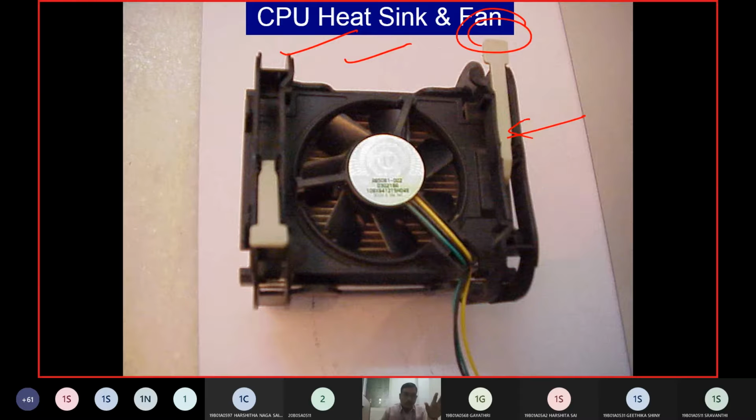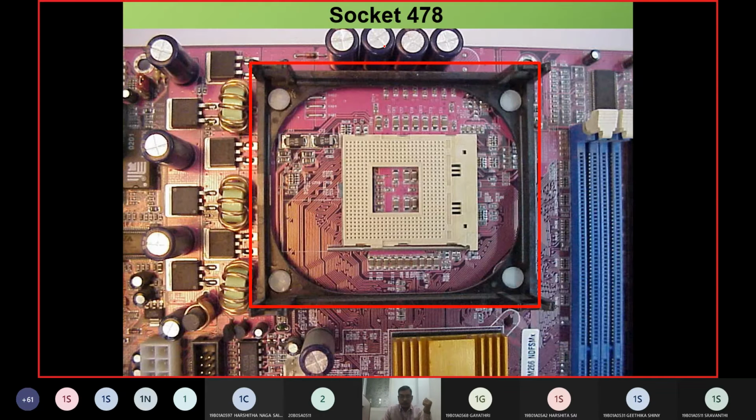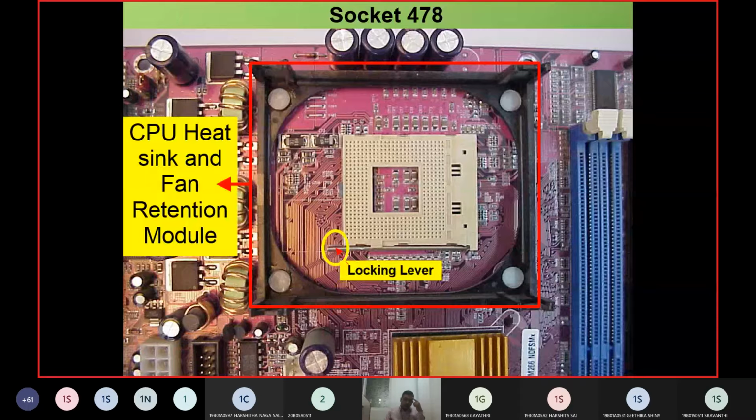Every CPU has to be cooled because it is getting some voltage supply, and that voltage supply was very high, so that it should be neutralized. So we do have this CPU heatsink fan. On the motherboard, we were talking about the position where we are going to insert the microprocessor, the central processing unit. After that, we are going to create a locking mechanism, and above this, we are going to put the fan. So this is the idea of how the chip will look.